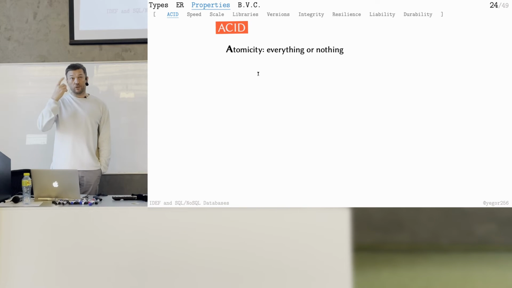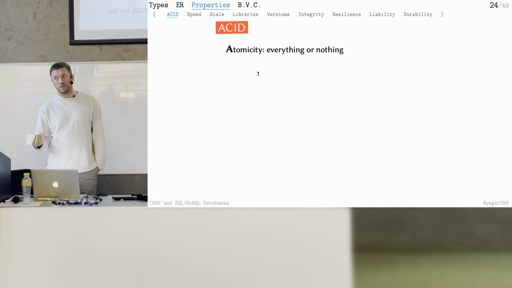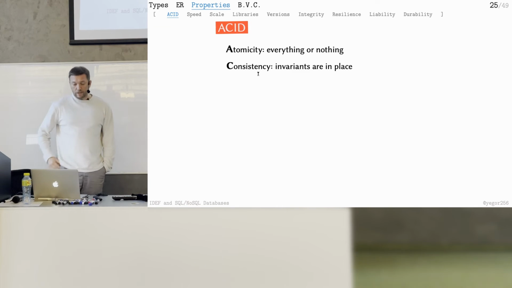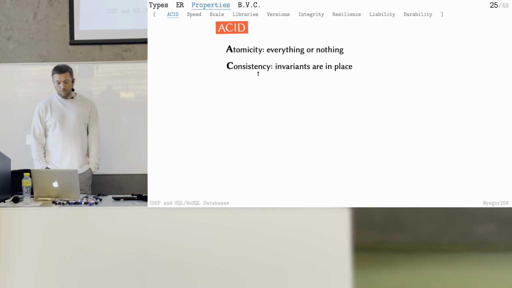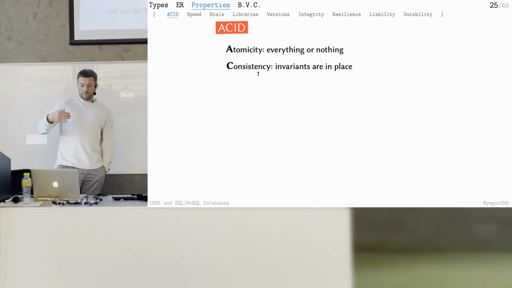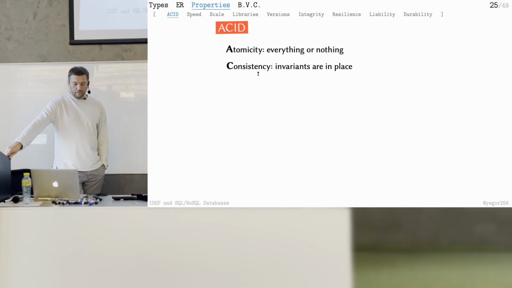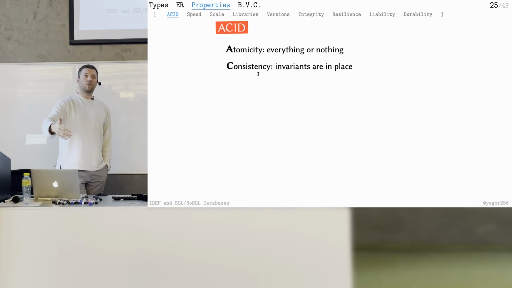So the database has to be designed with this in mind, because some databases cannot guarantee that. Second one, consistency. Consistency means that if I ask the database to do something, and for example, I know that all salaries have to be lower than $100, and then I ask the database to increase by $5.